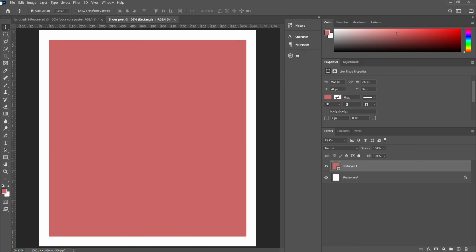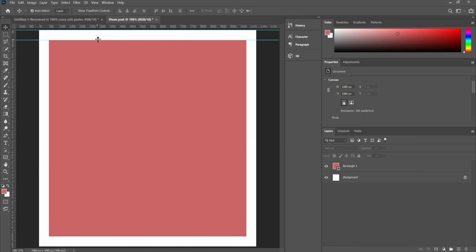Okay, and you have to adjust it, and now set the rulers like this from the top and from the here and from the left side like this, and then from the right, and then from the bottom it should be like this. Okay,